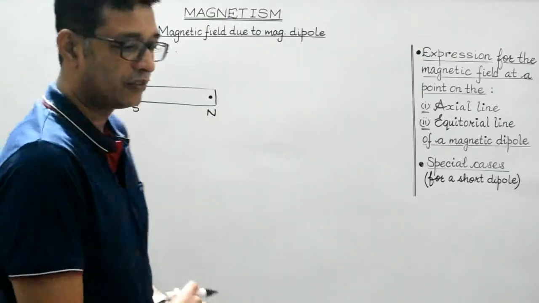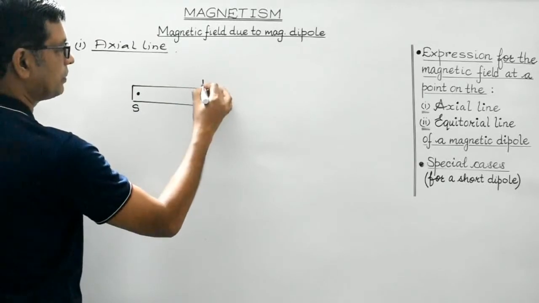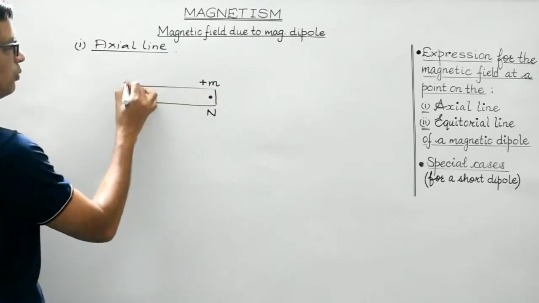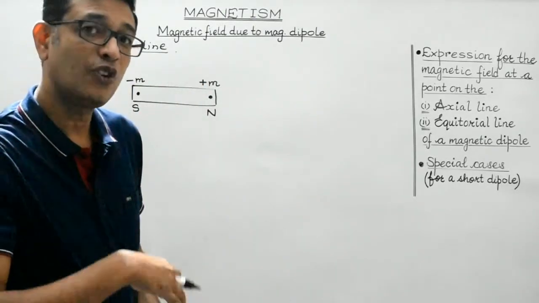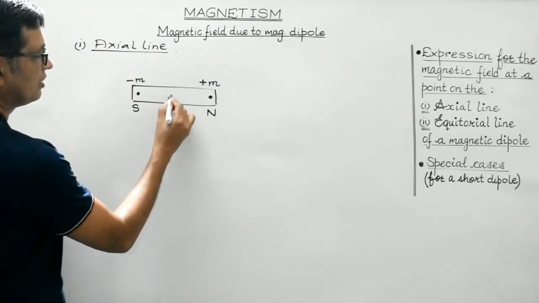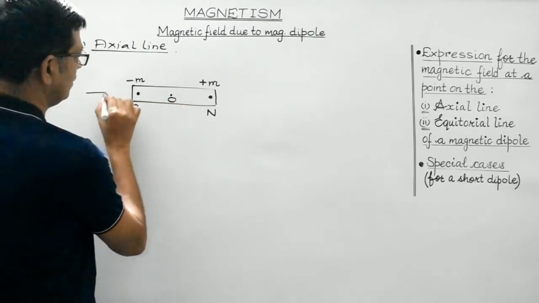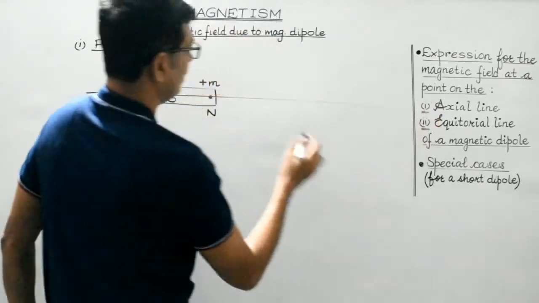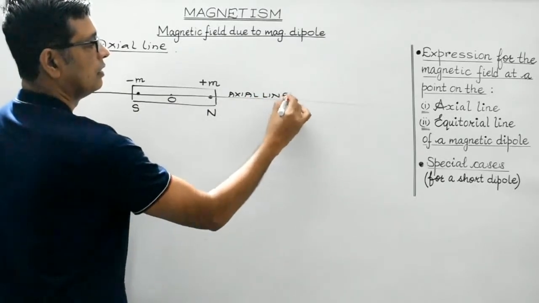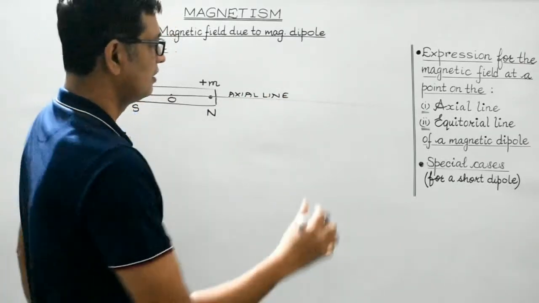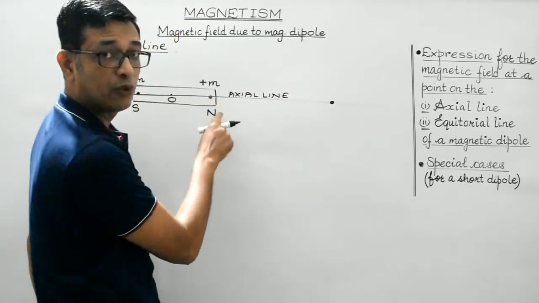As we have discussed in the previous session, the pole strength for the north pole may be represented by plus m, and for the south pole by minus m. This suggests both are of equal strength but of opposite nature. This can be considered to be the center of the dipole. This is point O. And this line is known as the axial line. So our objective is to find out the net magnetic field due to this magnetic dipole at any